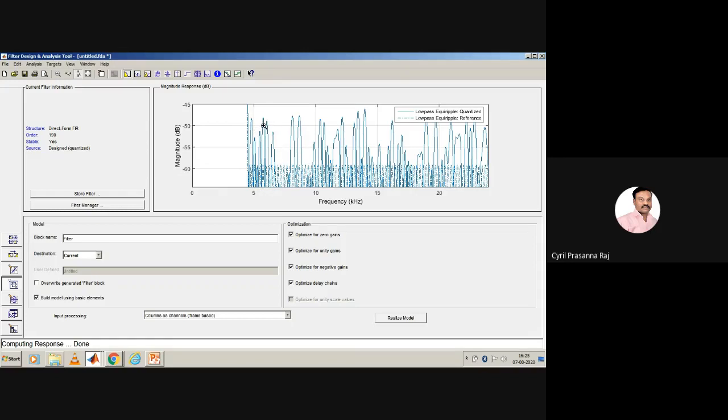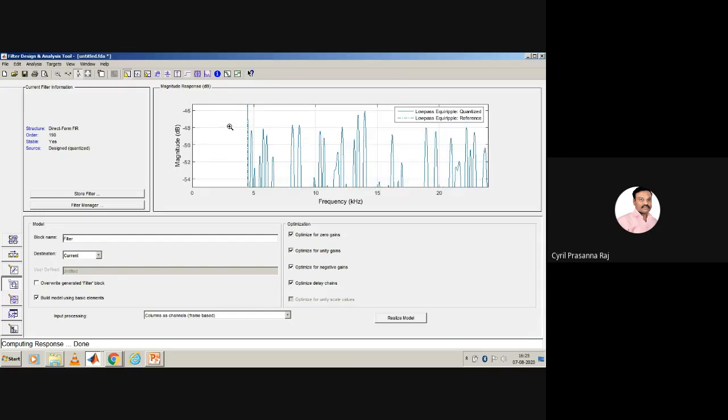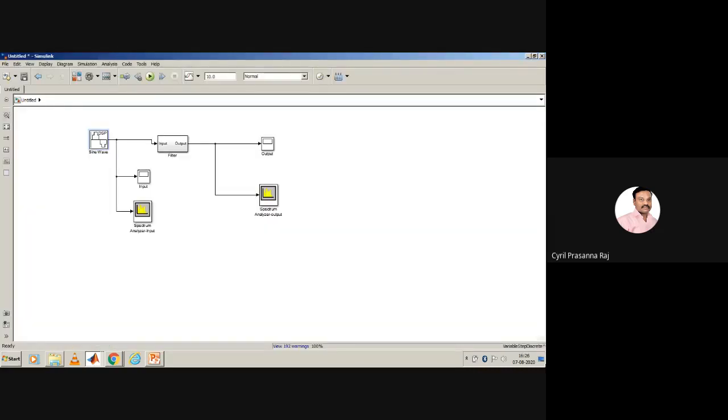But the attenuation is almost minus 50 dB. Suppose I apply an input signal of around 7 or 8 kilohertz, then the amplitude of that will be almost zero. This is because the response of the filter is like that. Wherever there is a peaking occurring, those frequencies will be passed, but again we will have an attenuation of almost minus 50 dB. That is the frequency response of this filter. So now with this basic understanding, we know how to design a simple FIR low pass filter.